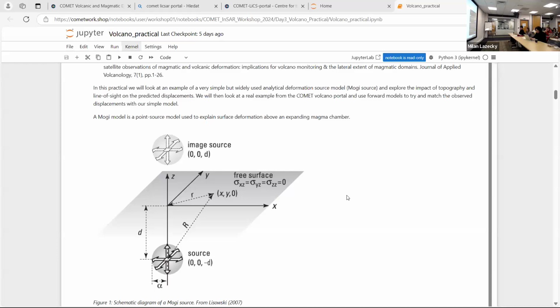Okay, I was going to answer the next question, which was asked in all caps. The point of the exercise is that you get some familiarity with Mogi modeling. You get some familiarity with what the different types of analytical source geometries might look like when they're projected into line of sight, because that's not something that's hugely intuitive. So what you can do with the exercise is follow the instructions in the text, change the parameters, and see if that affects the shape of the signal. If you've got more specific questions, stick them in.